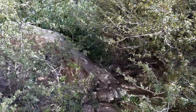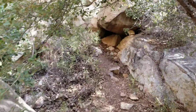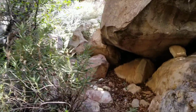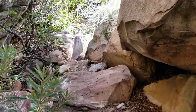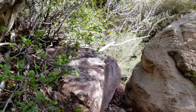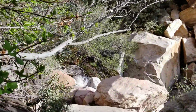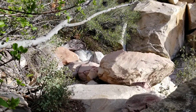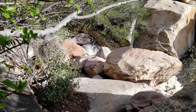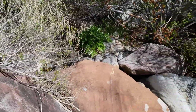And now begins the tunnel. This is the brush tunnel. Give you an idea of, well, I think there's even a more substantial brush tunnel, but this gives you an idea what you are navigating. You're navigating boulders and brush, and now we are descending into First Creek for the first time and navigating these boulders up ahead. As you can see, we're down at First Creek,